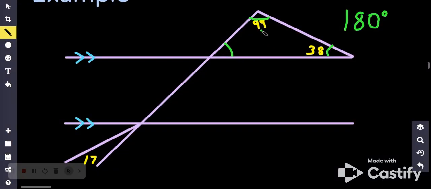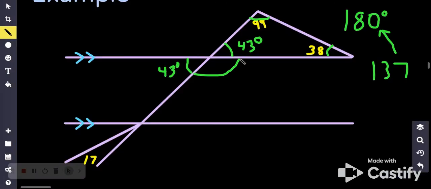So if that's the case, we see 99 plus 38, that's 137. And so then we say, how much do I have to add to get from 137 to 180? You'd have to add 43, okay? And so then we see this domino effect start to happen. So we say, okay, that must also be 43. Thinking about supplementary angles, what must this then be? 43 plus what? Well, it's actually kind of cool. It also is 137, right? So 137,